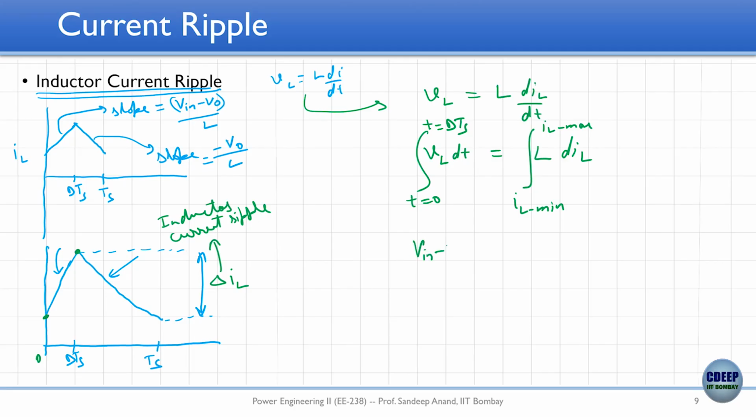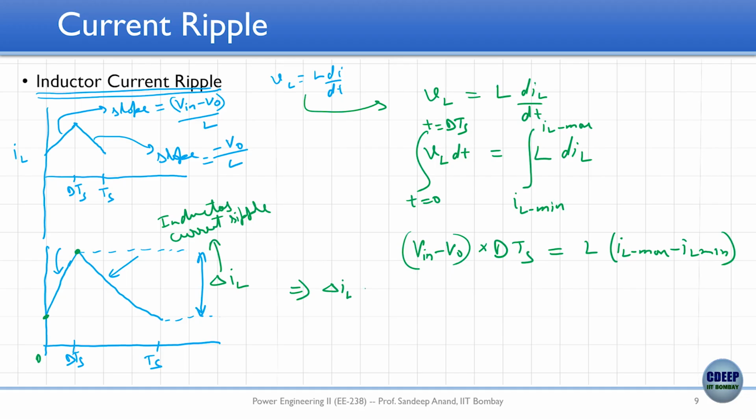So, Vin minus VO, assuming that both of them do not have ripple just to make life simple, and multiplied by dTs is equal to L times IL max minus IL min, which would transform to